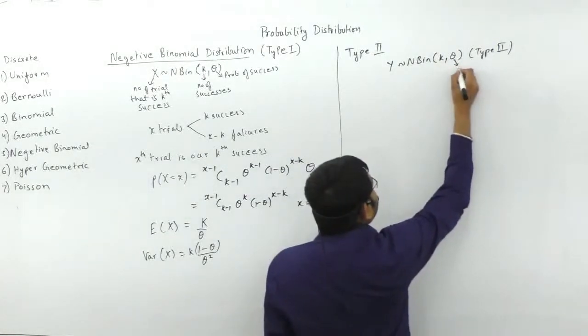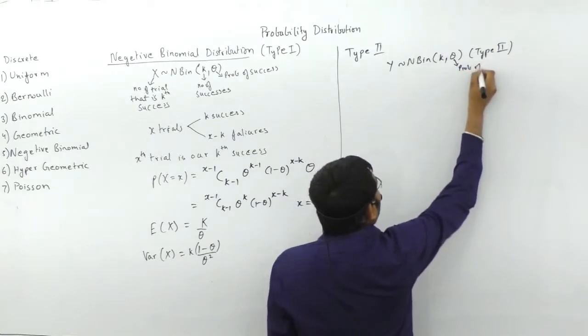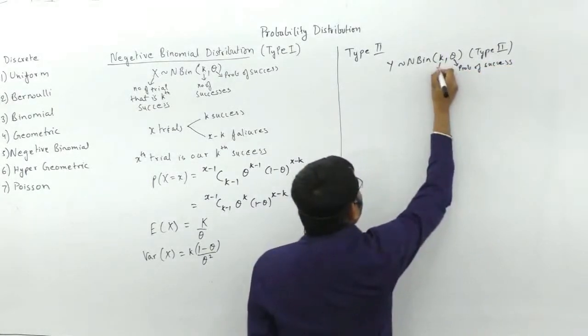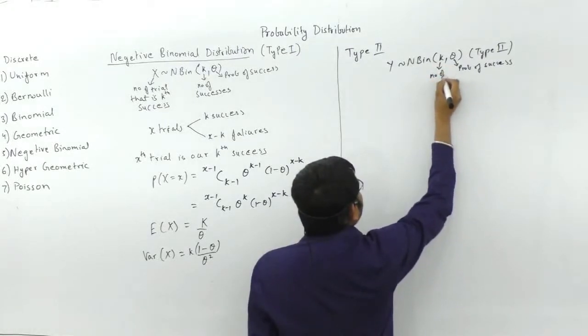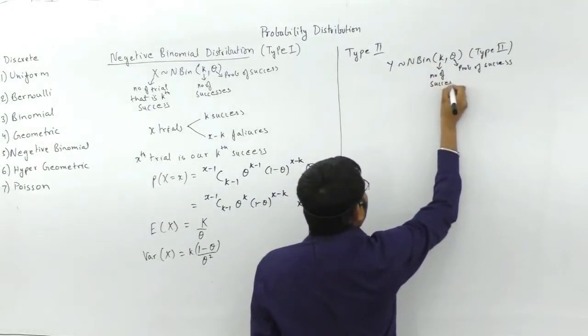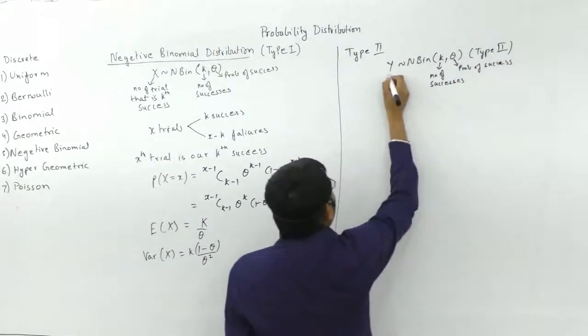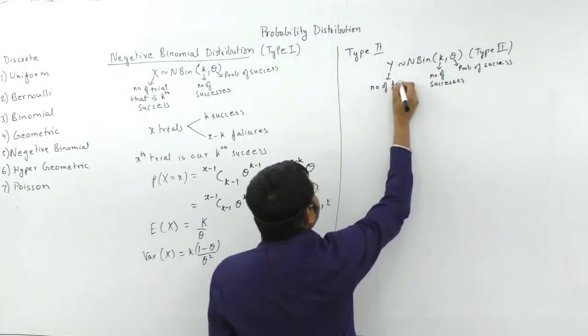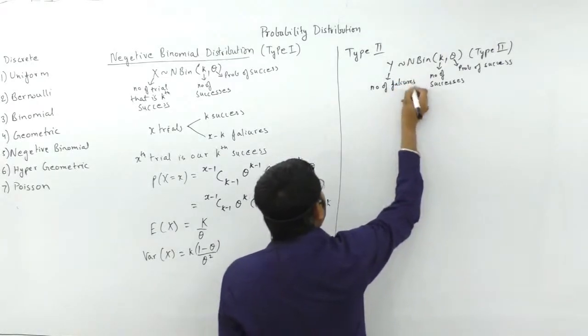Again, theta is nothing but the probability of success, k is the number of successes, and Y is the number of failures